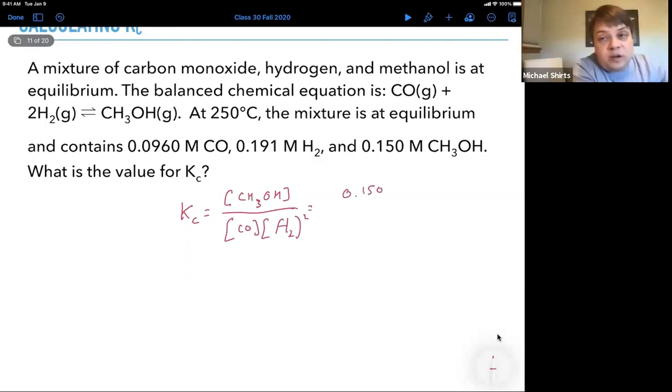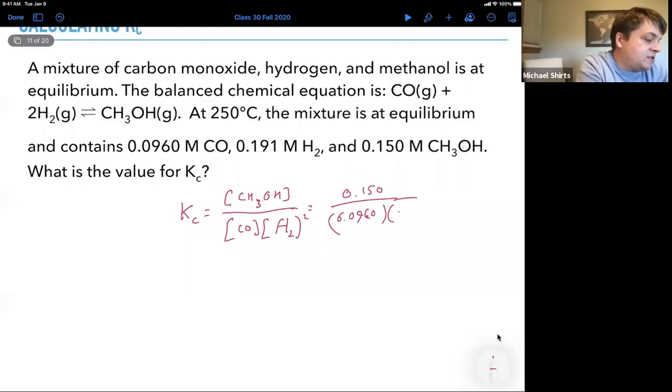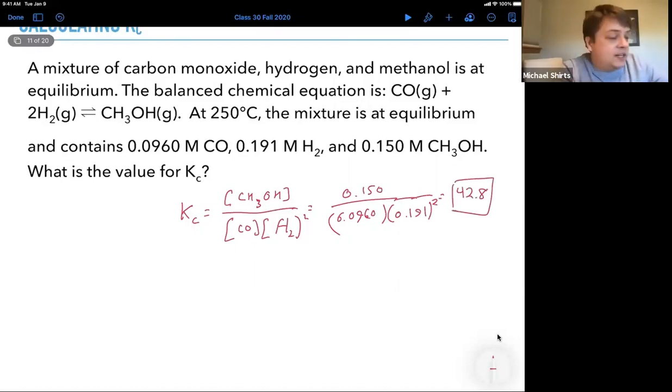So that'll just be 0.150, not molar, because it's really the concentration divided by the standard state, which is 1 molar, when we're measuring things in concentrations, over 0.0960, and then 0.191 squared, and that gives 42.8. So that will be the equilibrium constant at this particular temperature. At a different temperature, the equilibrium constant